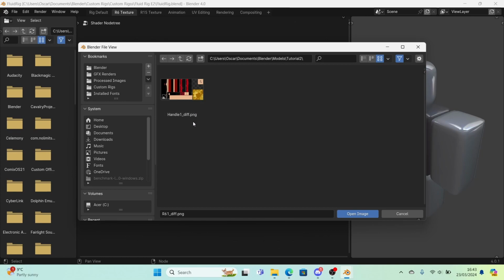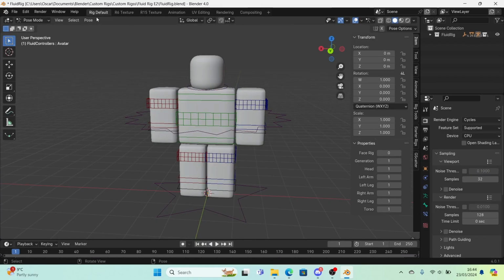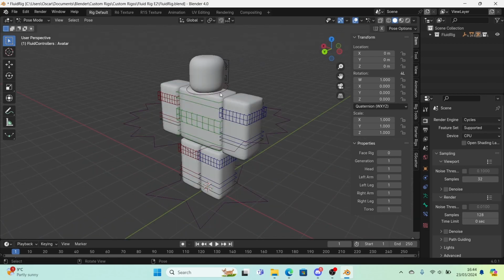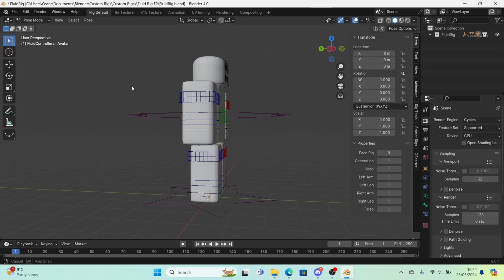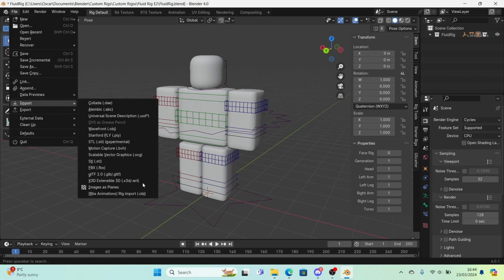It shouldn't look like accessories or anything. Just use this and open that. And you can see we have our texture on there. You may not see it yet for the R15 texture, but I will show you how to show that. So back in rig default right here, what we need to do is add hair because our character does not have hair. So file, import,